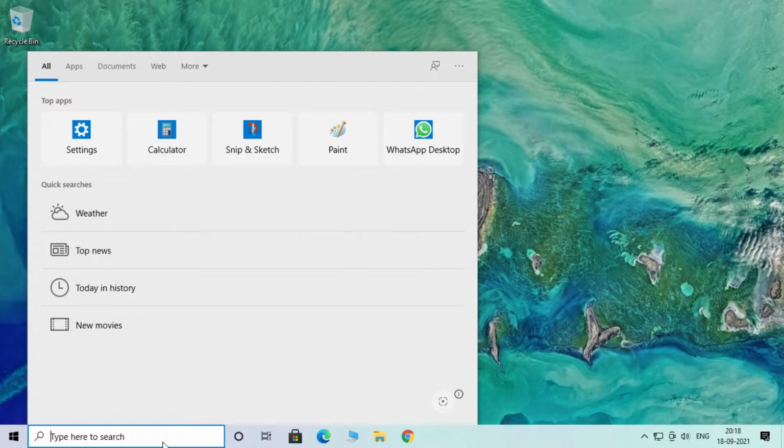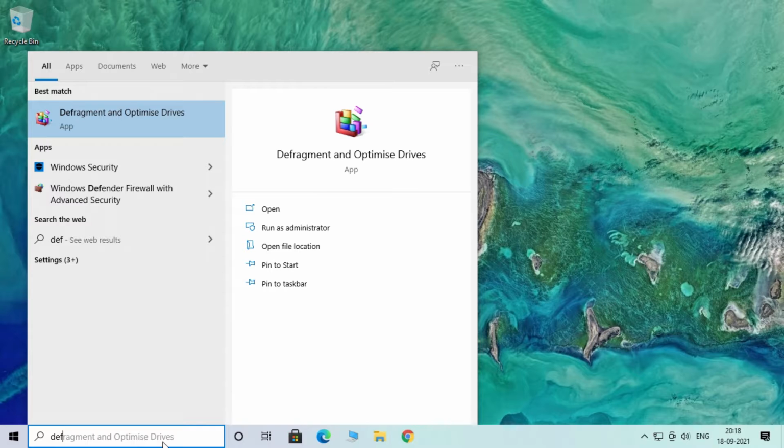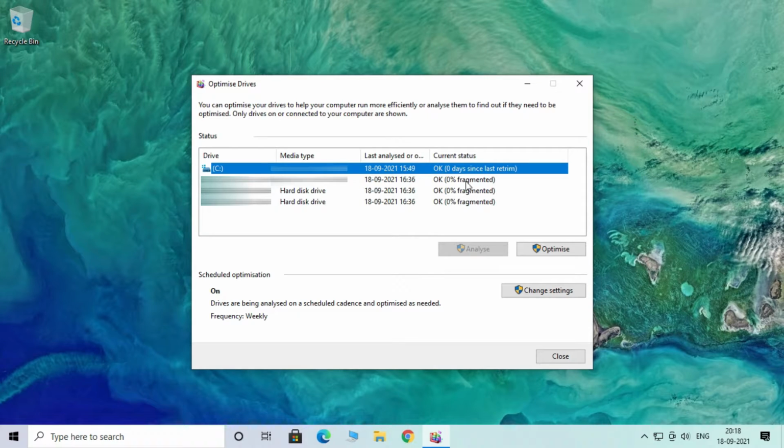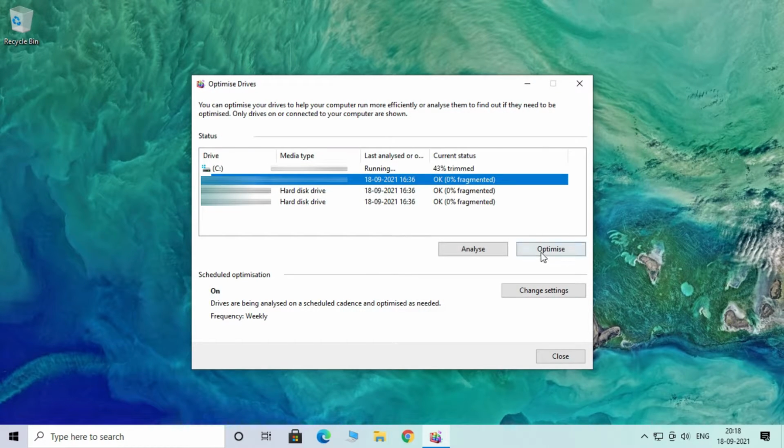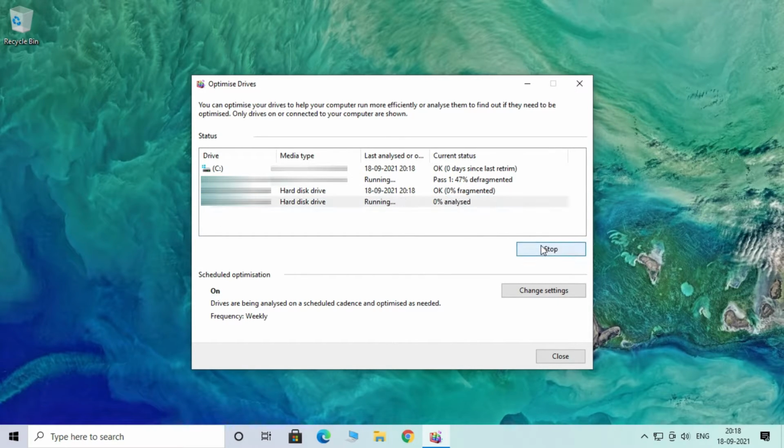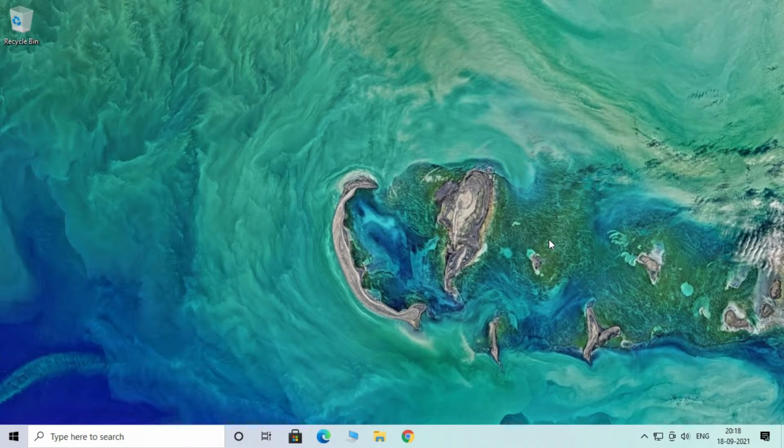Now go to the search bar and search defragment and optimize drives. And optimize each and every drive like this. This will increase the performance of your hard disk as well as if you have any SSD. After the defragmentation is done,